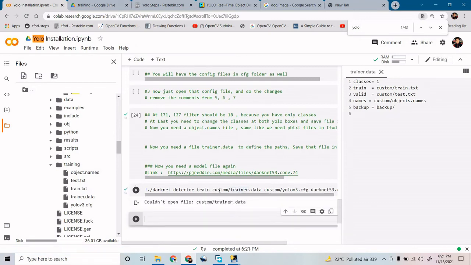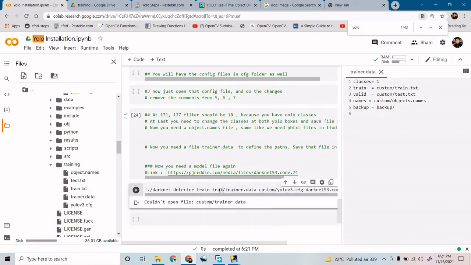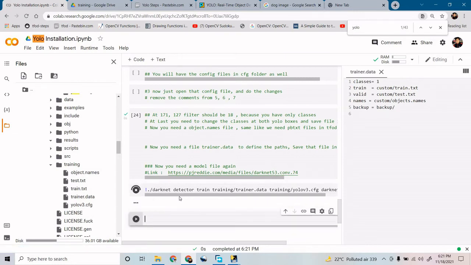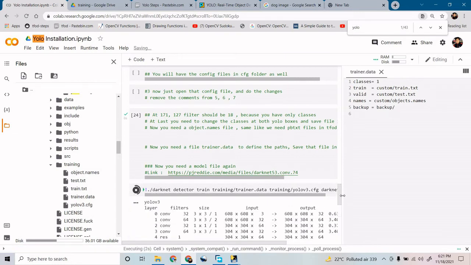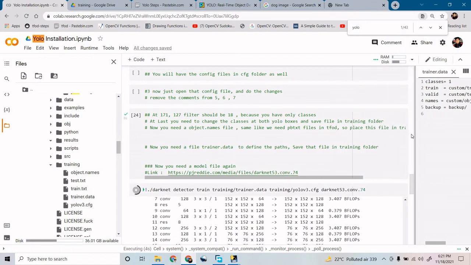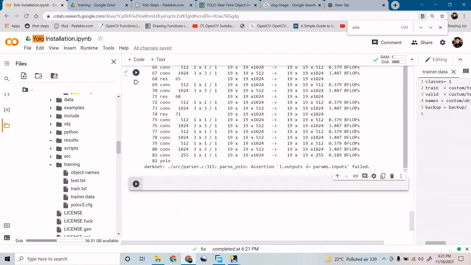Okay, custom is not there. It is nothing but your training folder. Okay, training. Now see, this is totally fine, all the things. It is just reading all the things, and I think it will give me an error.